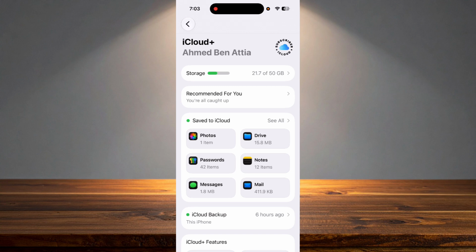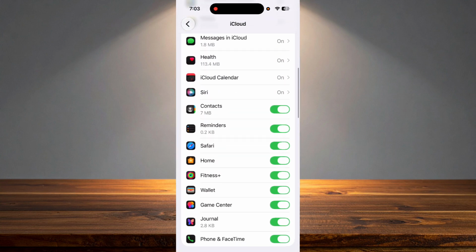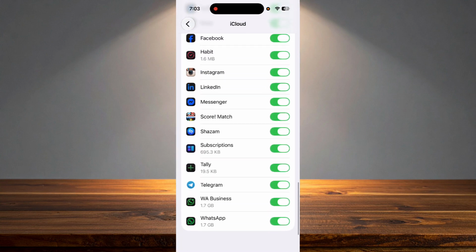So after that, go to Save to iCloud and click on See All. And scroll down until you find WhatsApp, and you have to be sure that backup is activated for WhatsApp. And of course, you should also check if you need to update the WhatsApp application, and you have to restart your phone and try to backup again, and I'm pretty sure that backup will work very